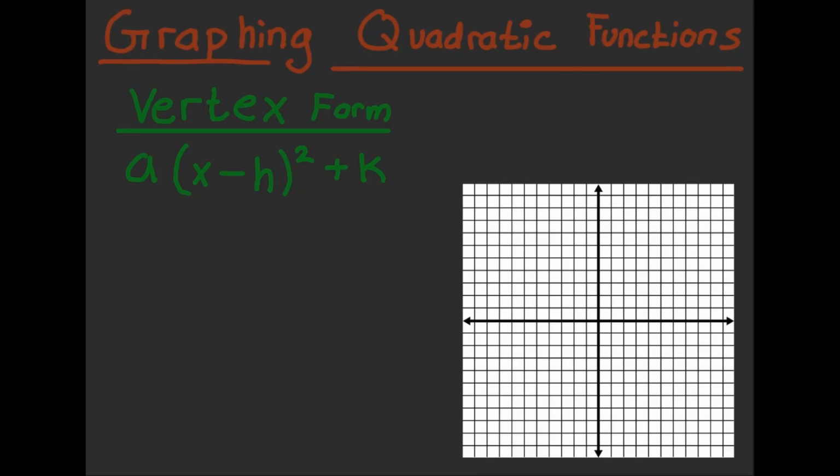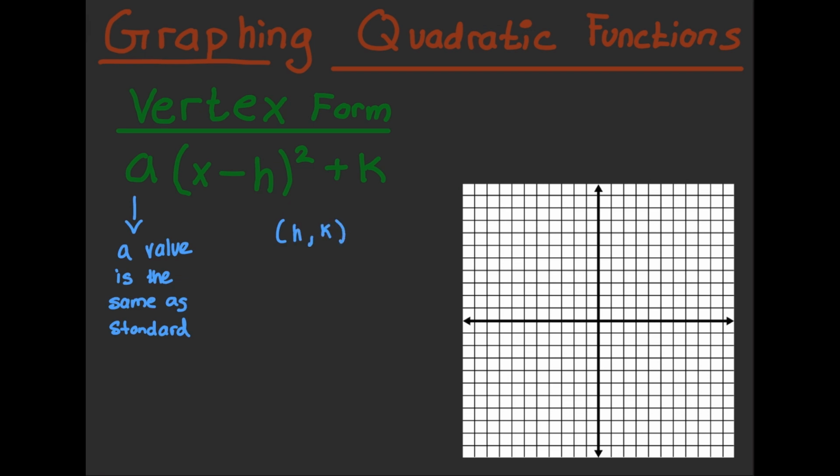This is your STEM tutor and today we will be going over graphing quadratic functions in vertex form. The first step you need to see is the a value of this equation. The vertex form is a in parentheses x minus h squared plus k. The a value is the same as the standard form equation, which you can watch in one of my other